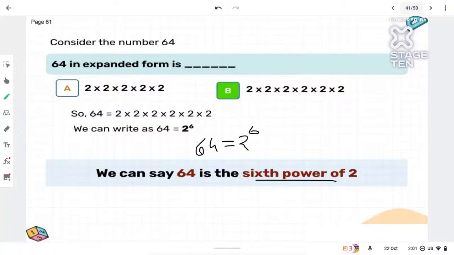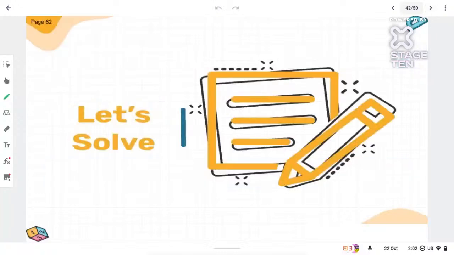Alright. So what is the takeaway from here? The takeaway is that whenever you have a number and you have to find the exponential form, you have to do the prime factorization. You are going to do the prime factorization, and with that you will get the answer. Okay, clear? So that is all about our today's session.